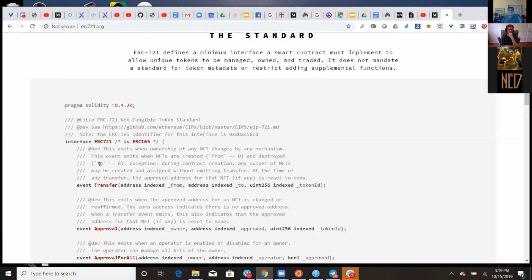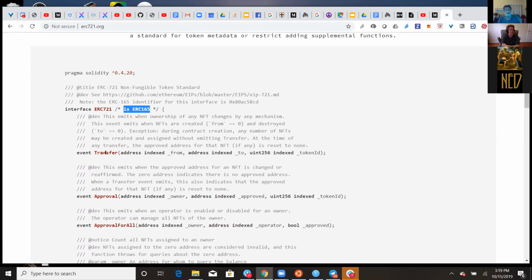And then there's the approval stuff here. Interface sub 21, and then they have a comment here, ERC 165. I don't know what that 165 is. So you can transfer ownership. I think the approval